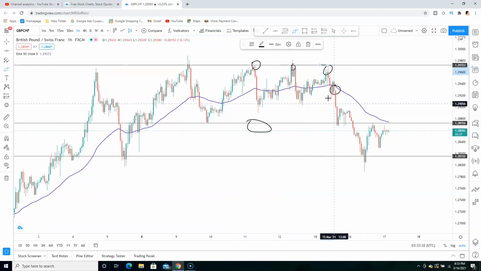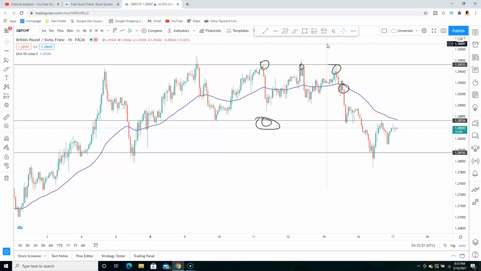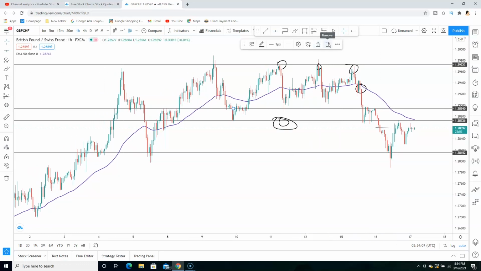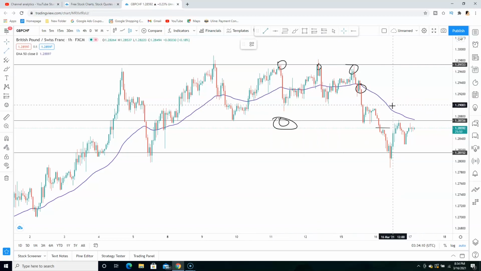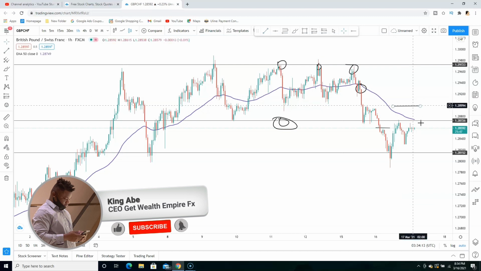But the best way to use this strategy is right here. You wait for price to close below your support zone, which is this horizontal line, that was our support zone, and then you would have entered right here at this candle. You got in right there, you set your stop loss above your 50 EMA, somewhere right here, right there,